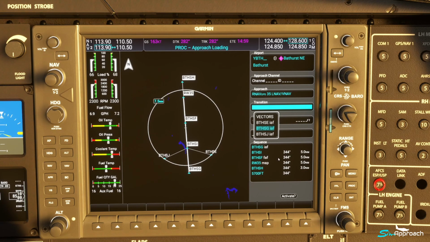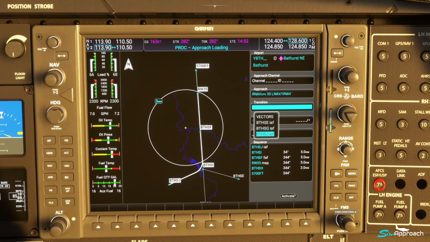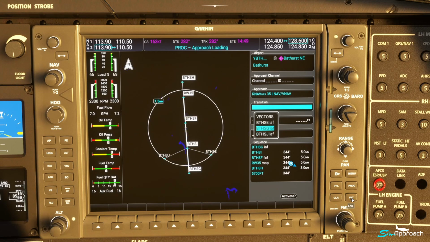So SG was the initial approach fix. Contact Boston Center 128.75, Vision 26 Delta. Then we'll activate that. And the minimums. Bathurst was